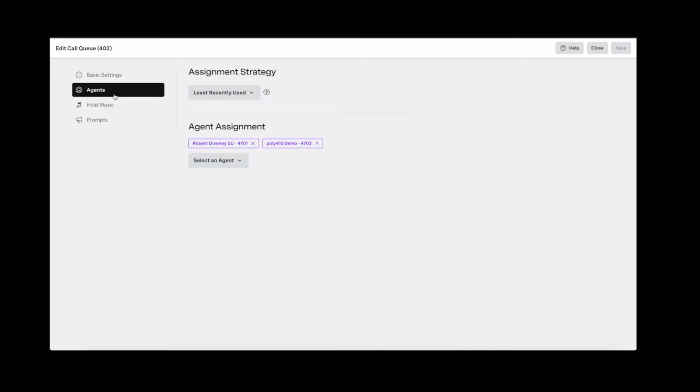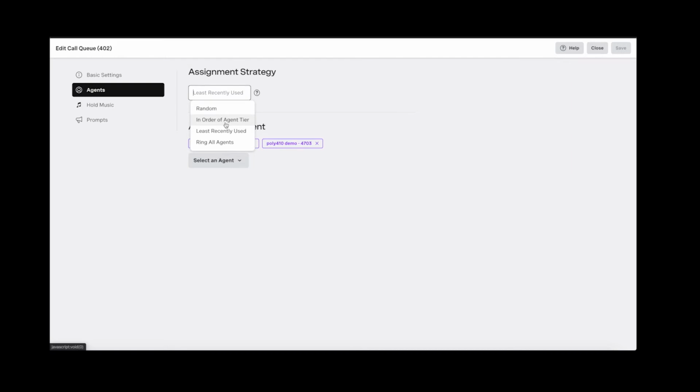The agent section allows you to set up the assignment strategy and what agents are a member of that queue. For agent strategy, you have random, in order of agent tier, least recently used, and ring all agents. Depending on the call flow that you run in your organization, any one of these could work for you. Random would assign the call to any random available agent in the system. Your order of agent tier is a commonly used one where all of your call center agents would be in tier 1 and perhaps managers would be in tier 2 to handle any overflow if you start getting a heavy